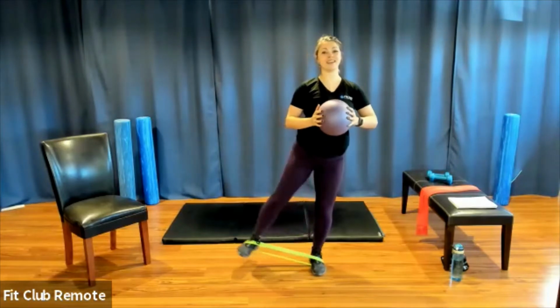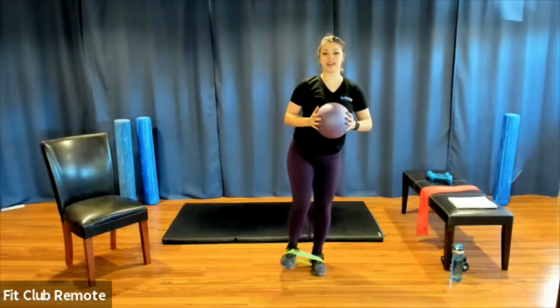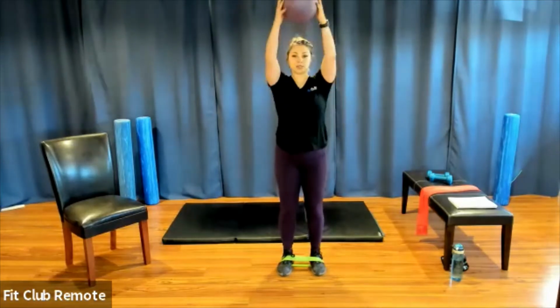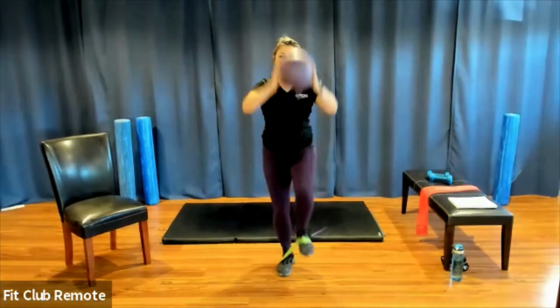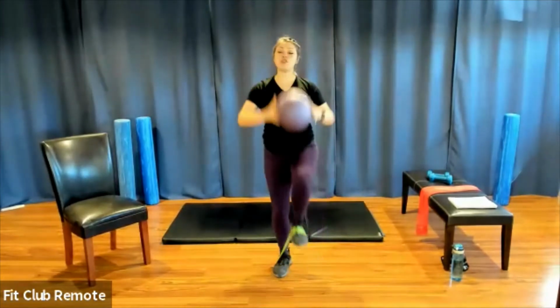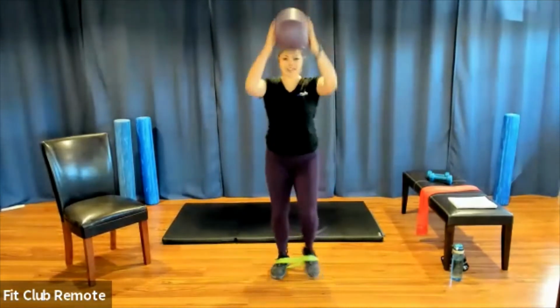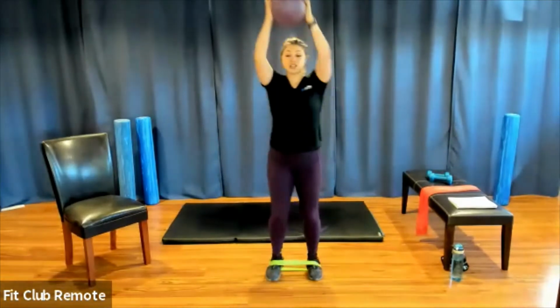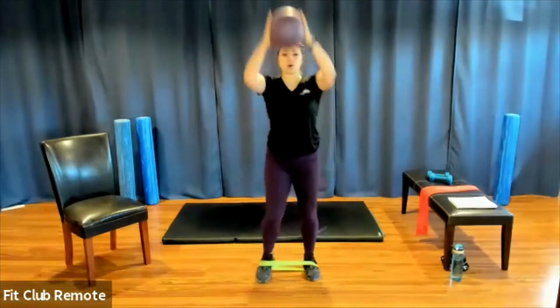Nice, one more. So good. Now we're gonna take a little bit of a cardio intermission. We have the option to bring the ball up and down to tap the knee as we march. Begin set. If you have the band, you're gonna feel your quads. Don't be alarmed. If you don't have the band, use this as an opportunity to tap into the core